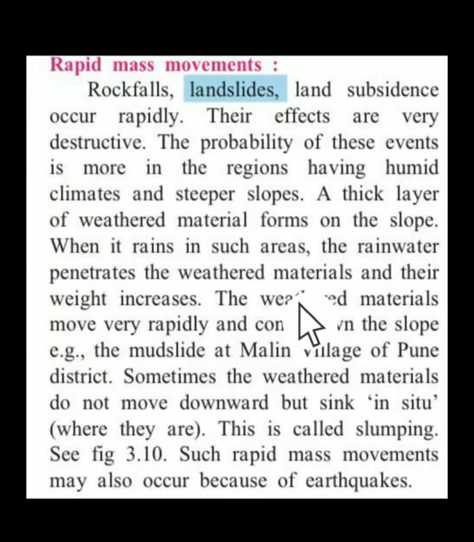Now what happens is, whenever there is a slope and there is heavy rainfall, when it rains in such areas, the rainwater penetrates the weathered material and the weight increases. So whenever there is rainfall, first the mud was dry, but now, due to coming in contact with rainwater, the weight increases. Automatically, the soil which is down cannot handle the weight,